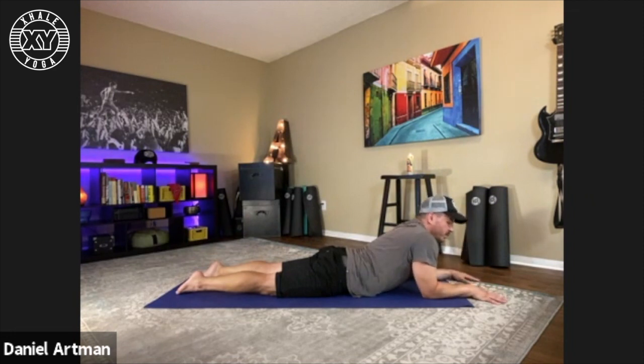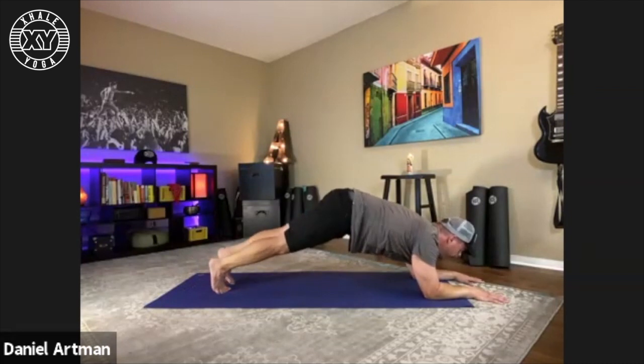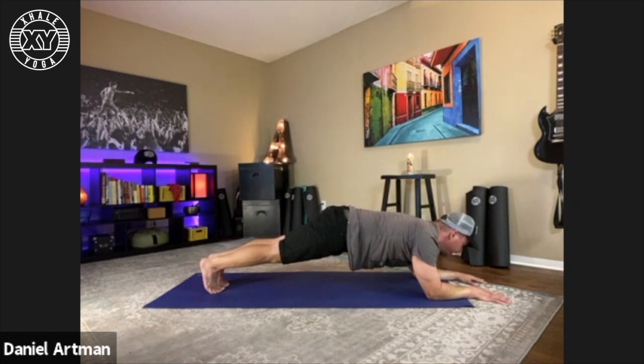The core is the source of your physical power. So tuck the toes, engage the center, and then extend the hips up in a firm line, forearm plank for 60 counts beginning now. 59, 58, 57, 56, 55, 54, 53, 52, 51, 50, 49, 48, 47, 46, 45, 44,